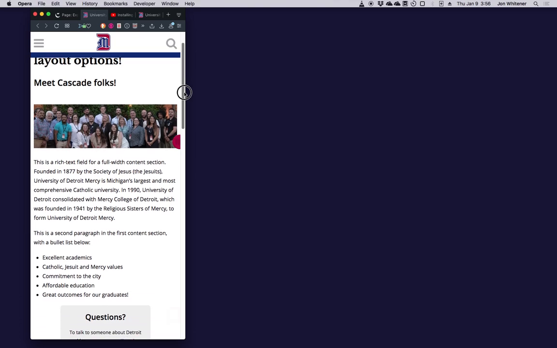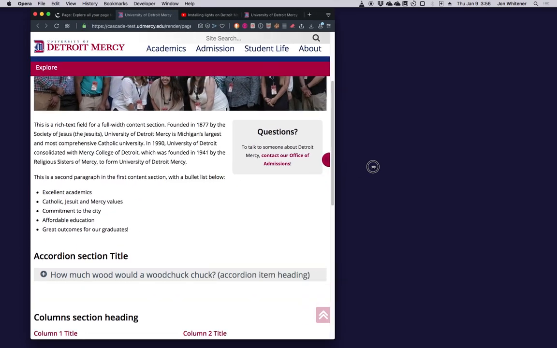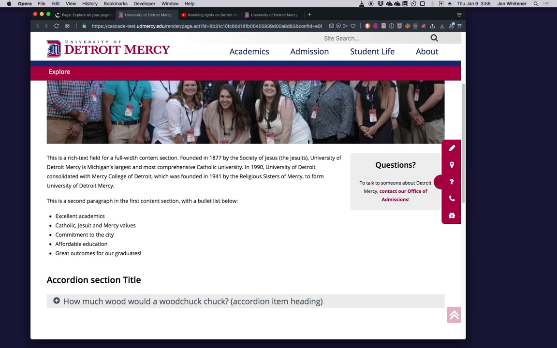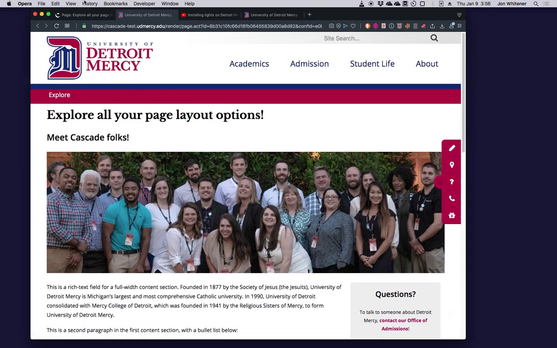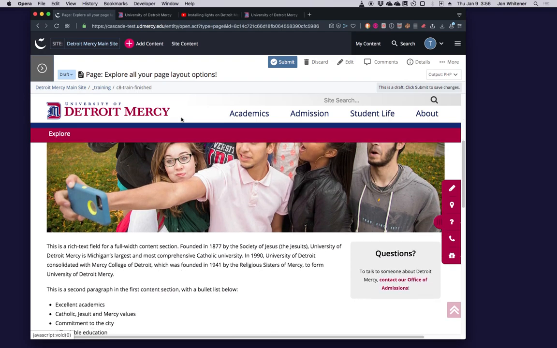And if you scroll down, you will see that instead of trying to float on a thin display, it pops down to the bottom of that content section. Okay, so that's how highlight boxes work. So we'll stretch this out and go back to Cascade, which has the new image.